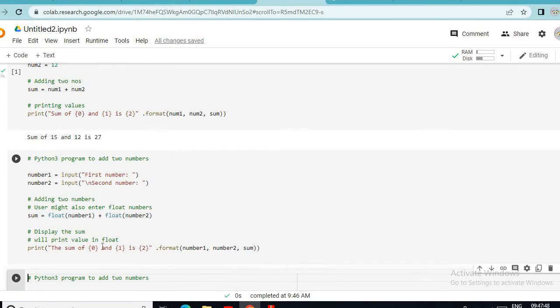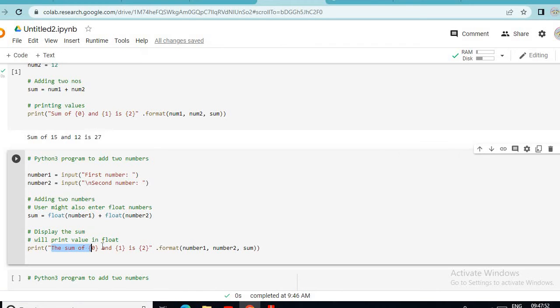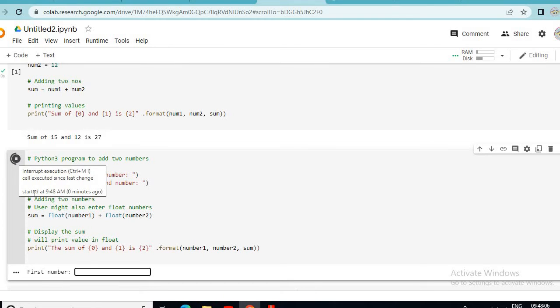For displaying the sum I am taking the print function: the sum of 0 and 1 is 2. That means we are printing in the format number 1, number 2, sum. It is a format for printing. Now execute this code and see the output. Here is the first number.